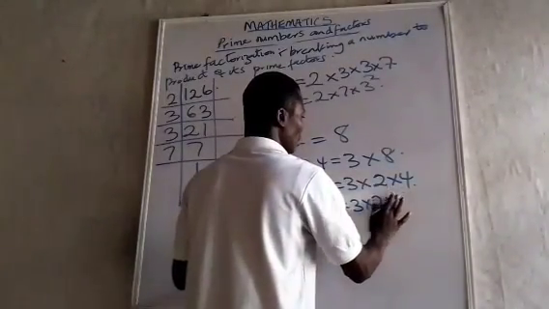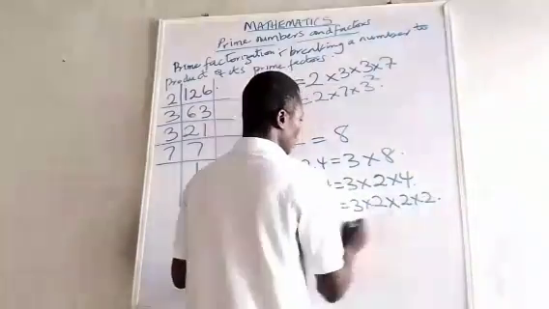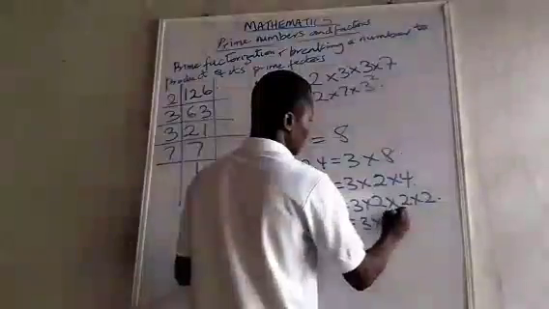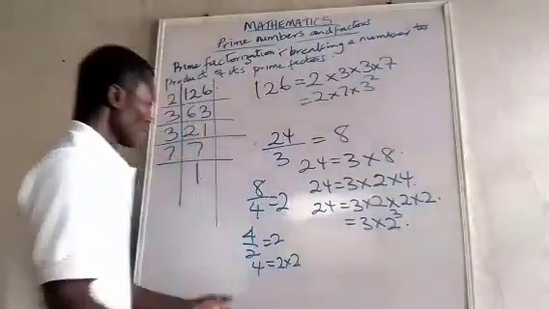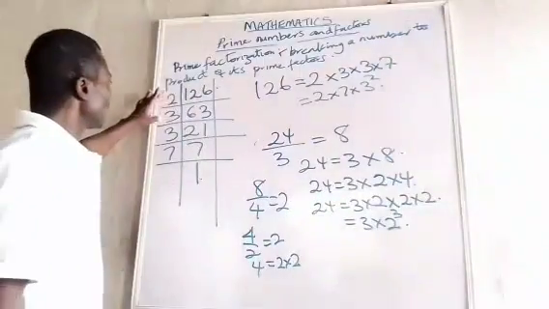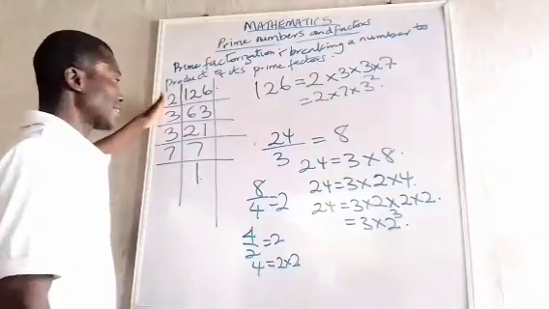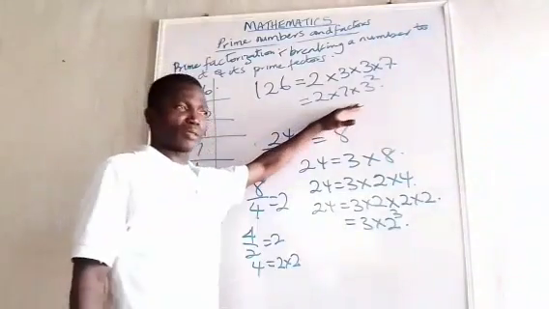2 times 2. So it's equal to 3 times 2 to this power. We still get to this power. So you can see. The essence of this prime factorization is to make it look simple, and we can